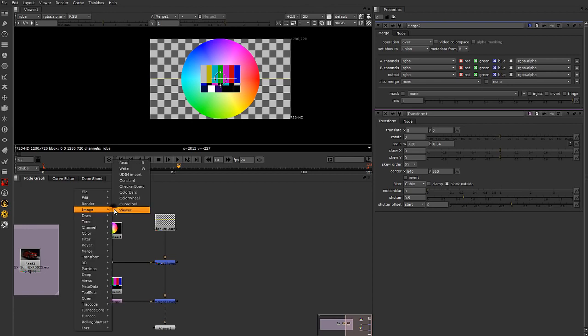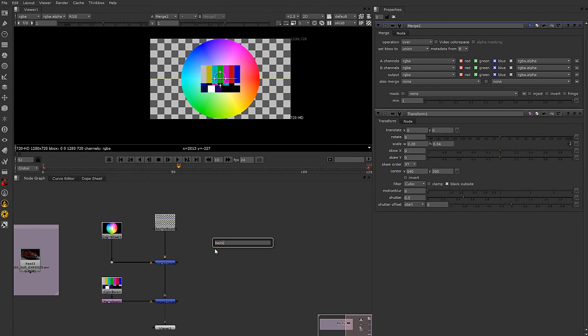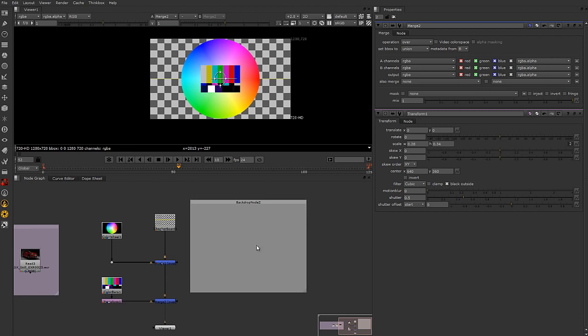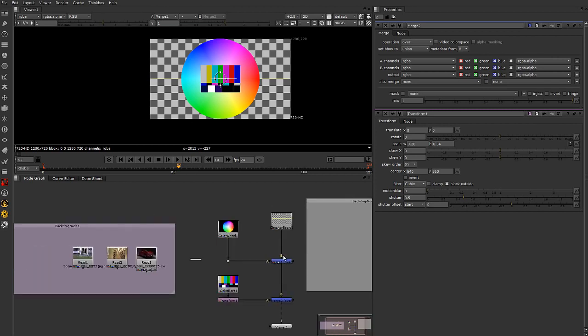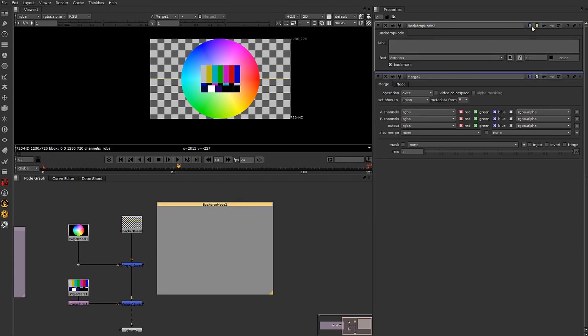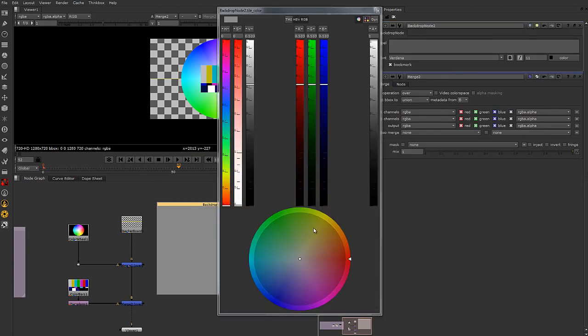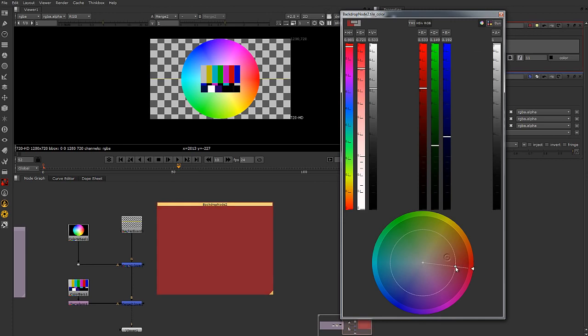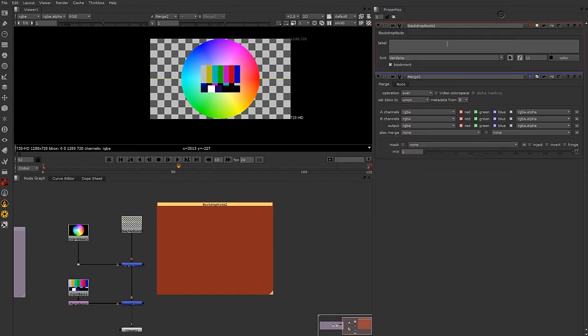Another one I use quite a bit is a backdrop node. If I just type in backdrop, this is a backdrop node, and if I just drag it up here, pull it out a little bit, literally it is a background. You can see the purplish color one that I used over here. If I double click on it to bring up its properties, I can click up here and change the color to whatever I want. And I can also type in a label here, and let's go color wheel,